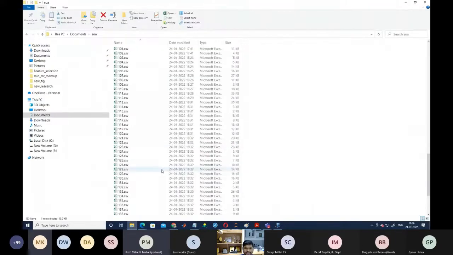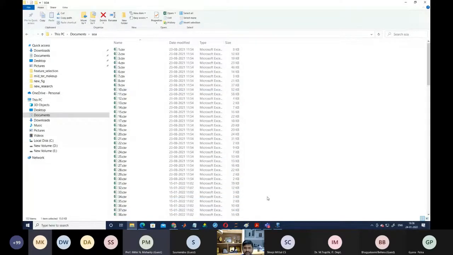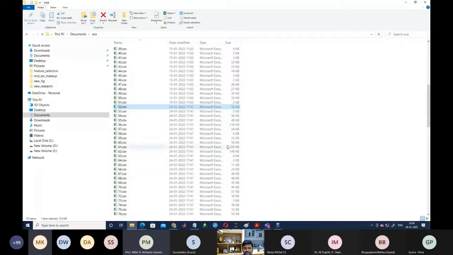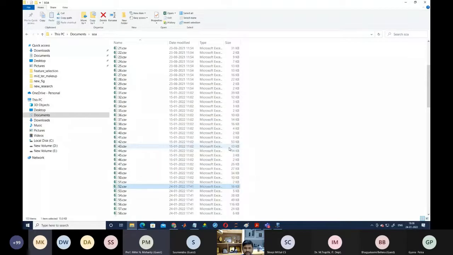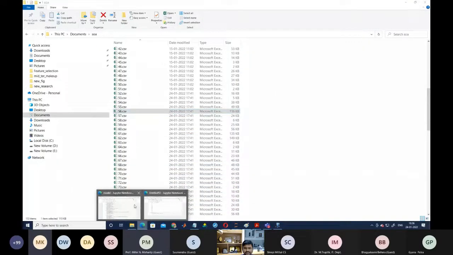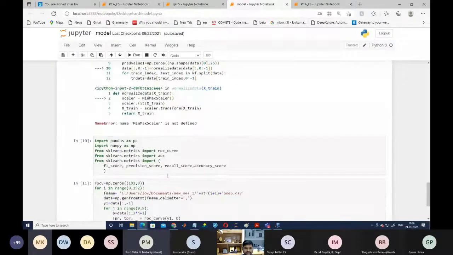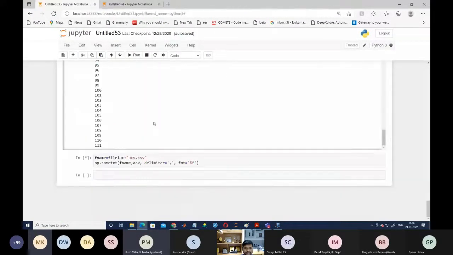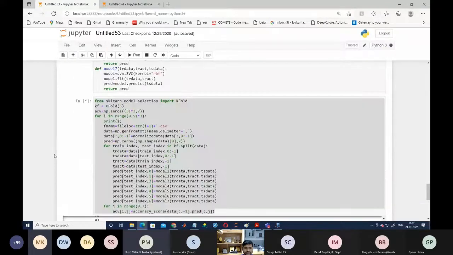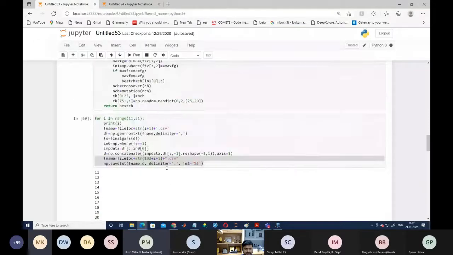So now you can see it is working here. If you are going to check, the code is working here. If you are going to check here, the code is going to start working. So working for 101, but we have to check.